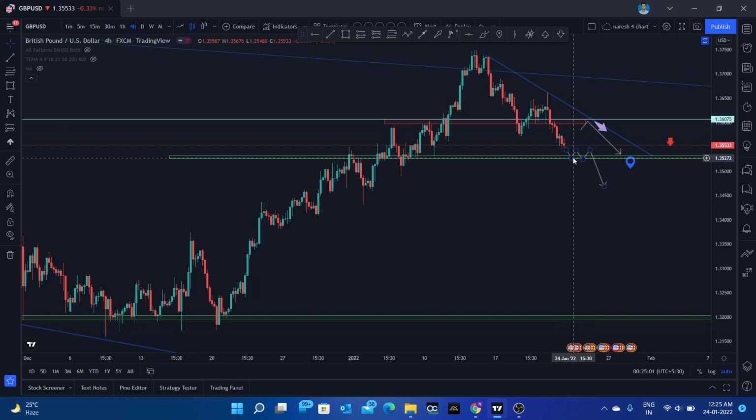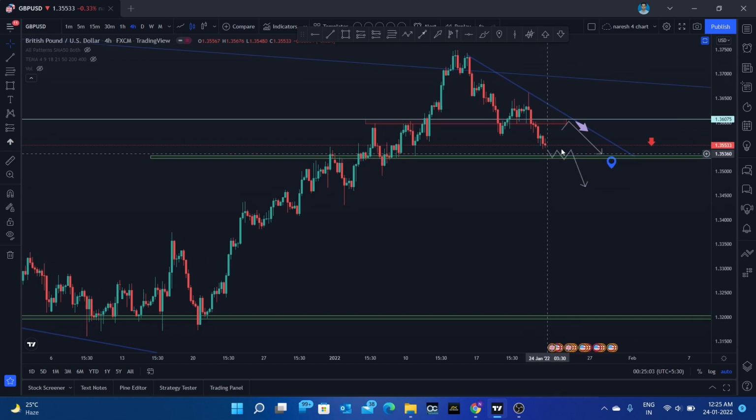So we are having two outlooks on this. If it is making some kind of flag and pole pattern, you can go for short, or if it is pulling back to this area, you can go for short again, guys. So next would be